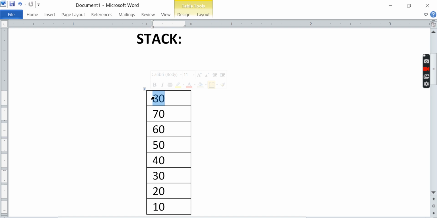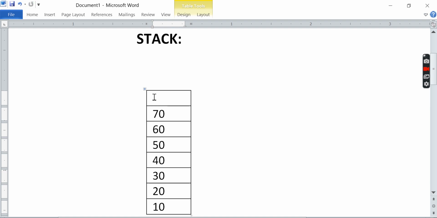So the most recent element that got into the stack will be deleted first, then the next element will be deleted. So what is that? The last element inserted here is deleted first. Whichever was inserted recently will be deleted first.